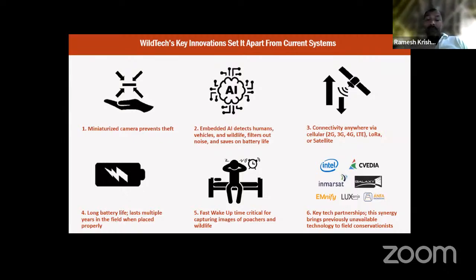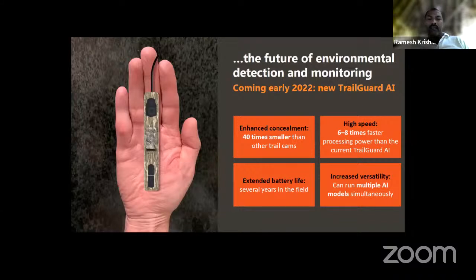The other thing is that they have been collaborating with some of the top players in camera technology, the chip makers Intel, NVIDIA, Mersat, all of them. These are all top names, so the technology is likely to be more robust. Size, you can see, you can hold it in your hand. It's that small. It can be easily hidden in the forest. So basically, it is a new way of looking at the forest now.